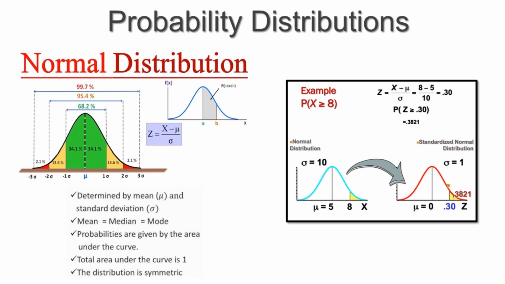So convert to that point, then you have to get the value from the Z table. Most probably they will give it in the question. The Z value will be provided in the question. And suppose it is P of Z greater than some value: you know that the total area under the curve is 1, and from the mean, the left side is 0.5 and the right side is 0.5. So if the question asks for greater than a value, you have to subtract the Z table value from 1 to get the answer. 1 minus P of Z less than 0.3, whatever it is, will give you the answer for P of Z greater than 3.